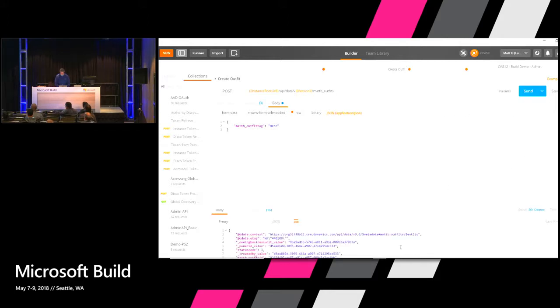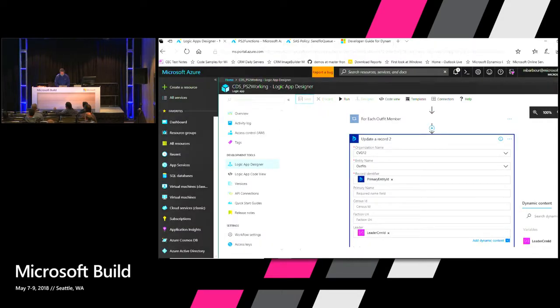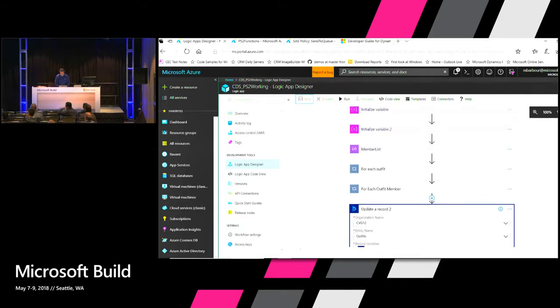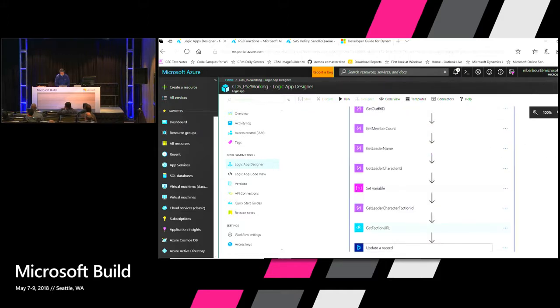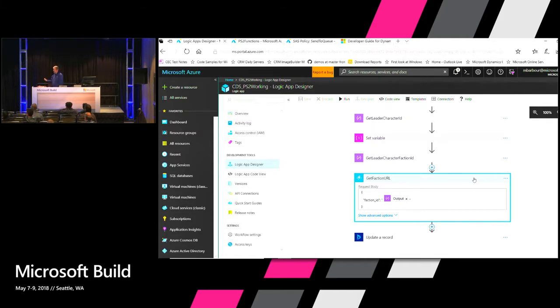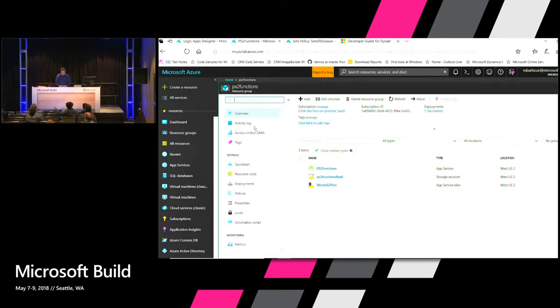Okay? Now, while it's processing that, I want to take a moment and show you another artifact that we've taken advantage of here. Through this request system, you will see occasionally a call out to a function. Here, getFactionURI. Okay? In this case, what this is doing is it's passing in the context, a particular ID, object ID context, and returning, in this case, a URL. What those functions do, interesting,